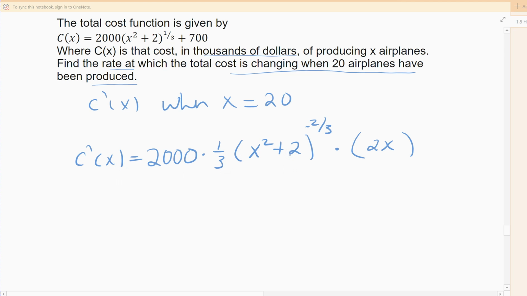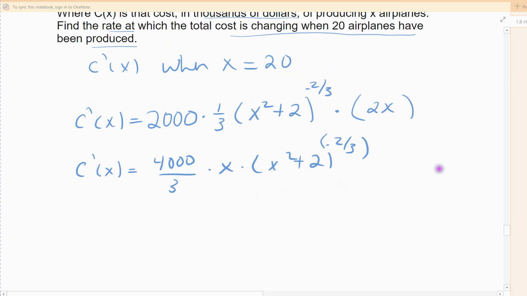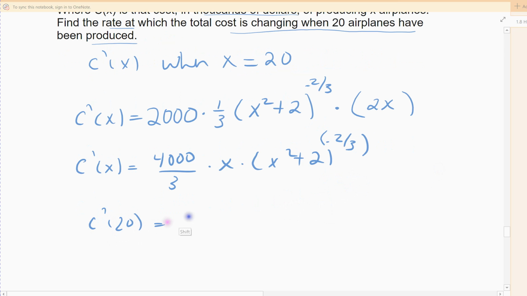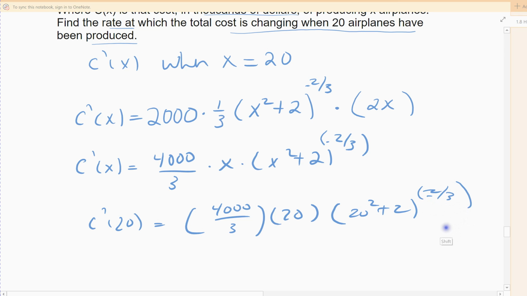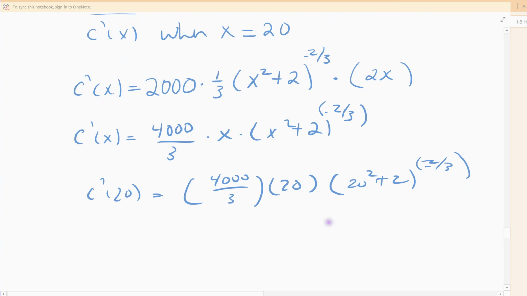All right, now you could technically leave it because I'm just going to plug 20 into it. I'm going to clean it up a little bit. I'm going to multiply the 2x and the constant. Now I'm going to leave the fraction because I don't want any approximate answers till the end. So it'll be 4,000 over 3 times x squared plus 2 raised to the negative 2/3. All right, then just be careful when you type it in. When you type your 20 in, my rule of thumb is always more parentheses. So again, I would just put parentheses around everything. My biggest thing is make sure this fraction is a negative 2/3 all up in the exponent when you raise this. All right, then multiply that out and just do it very carefully, and it should come out to be